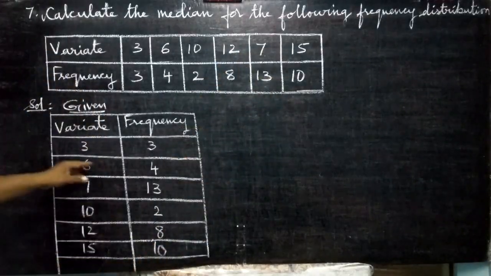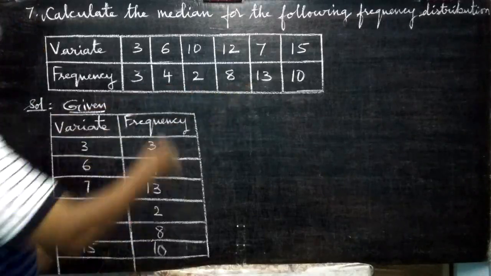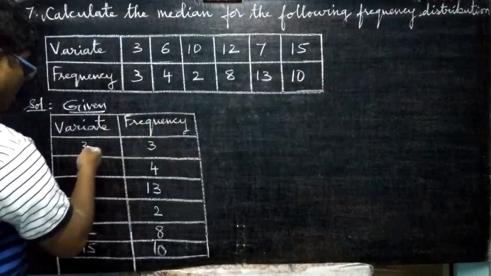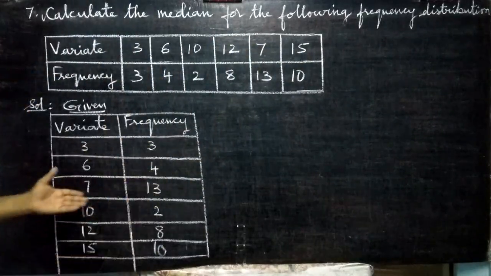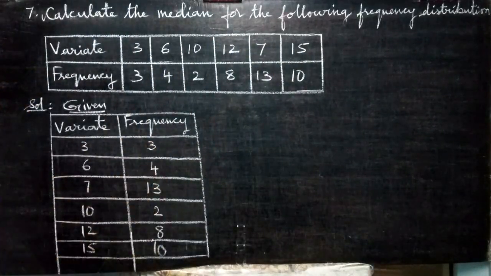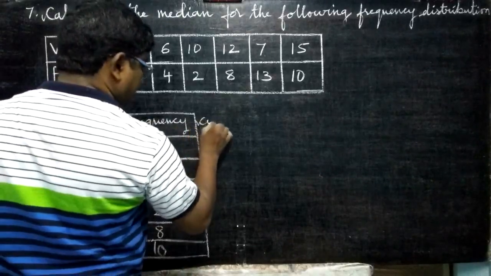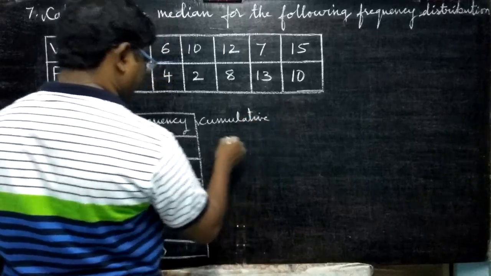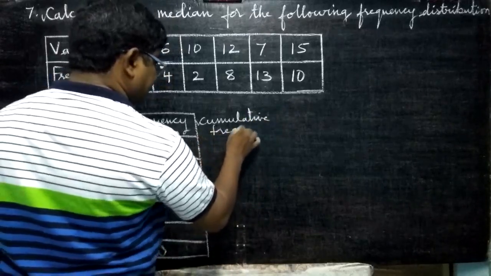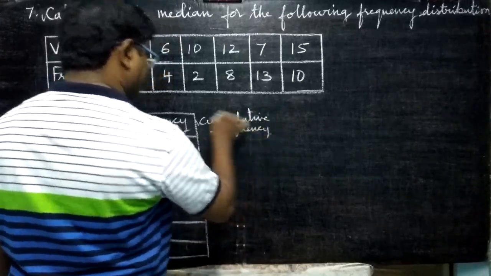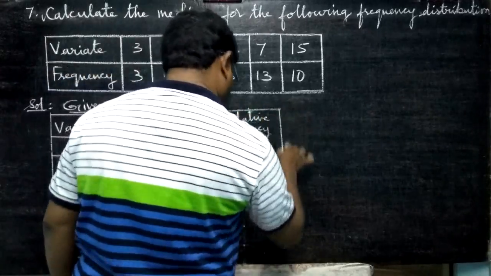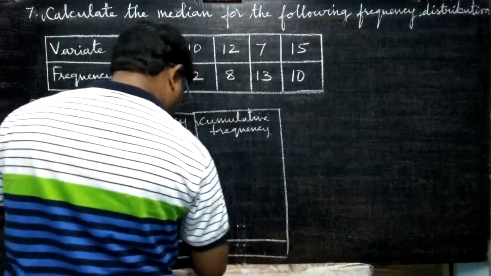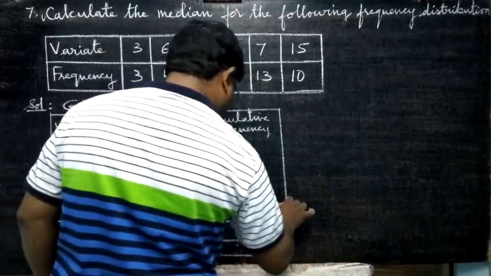Are you able to follow? Don't write as you like. Here you are writing, first arrange in order. To that order, see the related frequency. Very, very important: the third column we call cumulative frequency. Frequency is different. Cumulative frequency is different. What is the difference between frequency and cumulative frequency? Very simple. Just adding the frequencies and writing one by one.